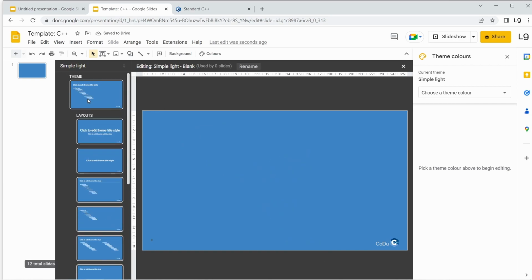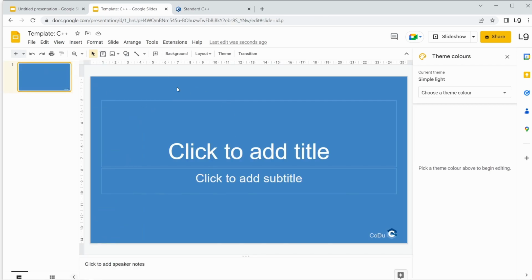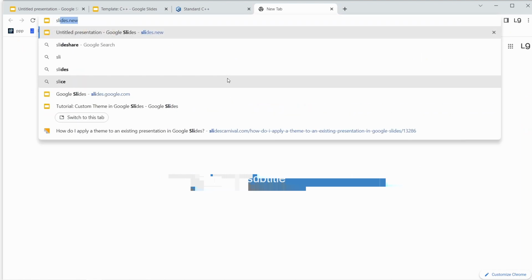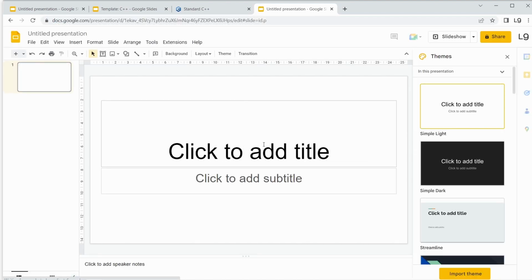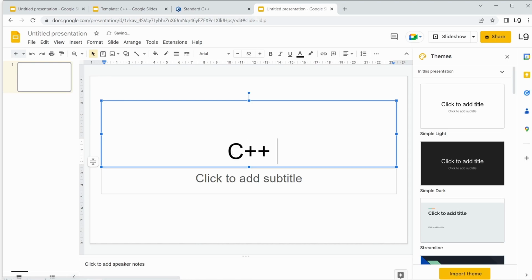So I'll leave it like this, and I'll exit my master view, and this is my slide which is called C++ template, and this is what I'm going to apply to our new slides. So I'm going to leave it as it is. This is already saved. Last it was a second ago, and I'm going to again go to slides.new, and let's say I say C++ tutorial or basic tutorial,